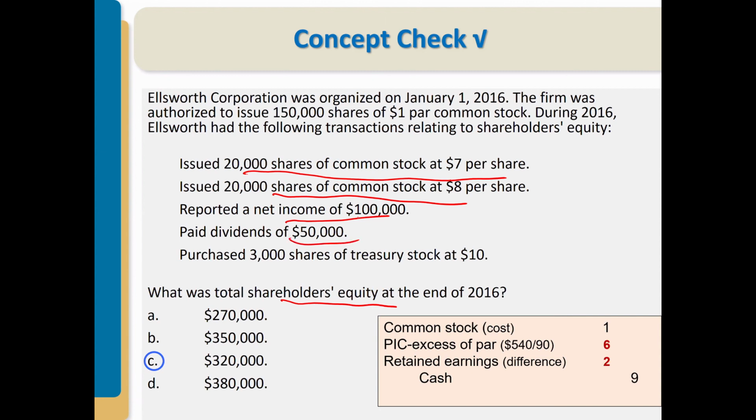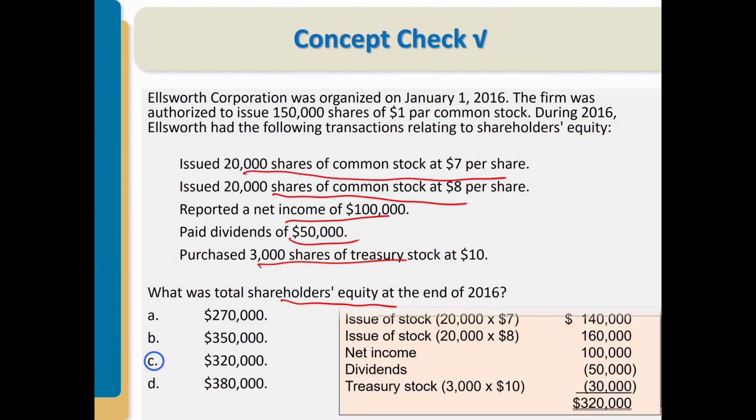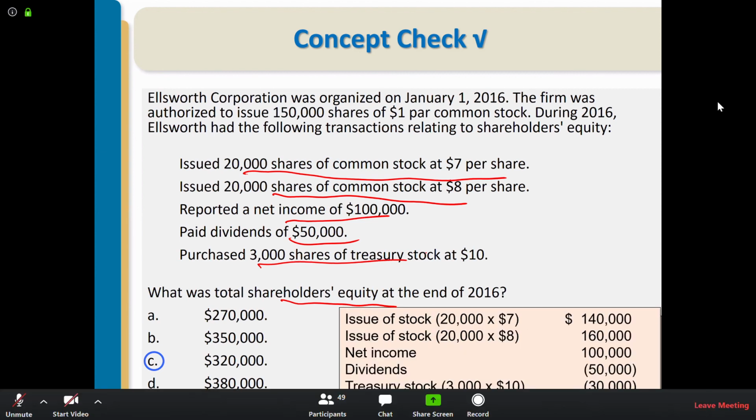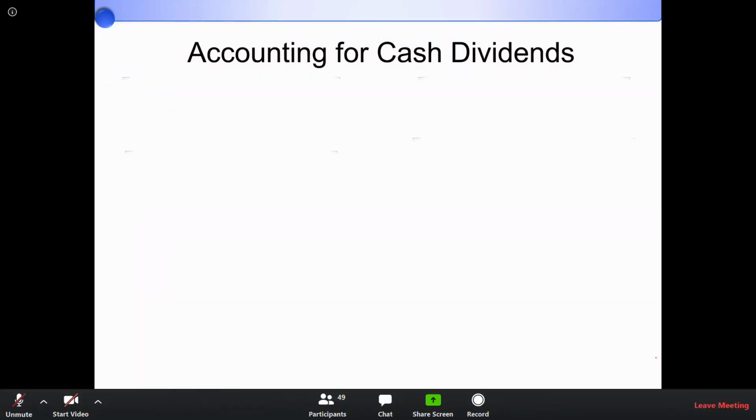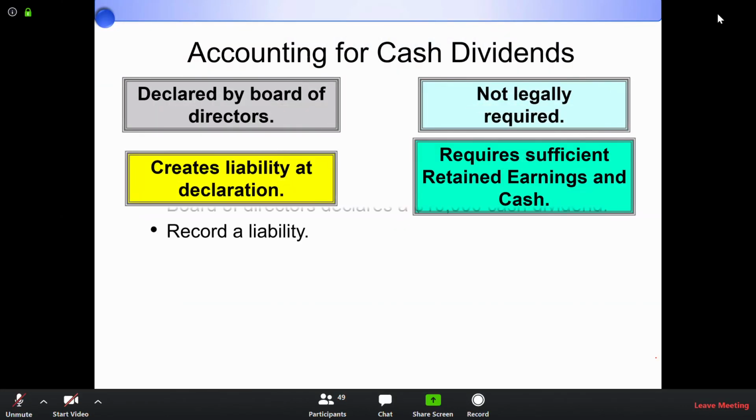You pay dividends, which decreases shareholders' equity. And you purchase treasury stock, which also decreases shareholders' equity. Make sure you practice this part. So you plus and minus, and you get the shareholders' equity at the end. Now let's talk about the remaining